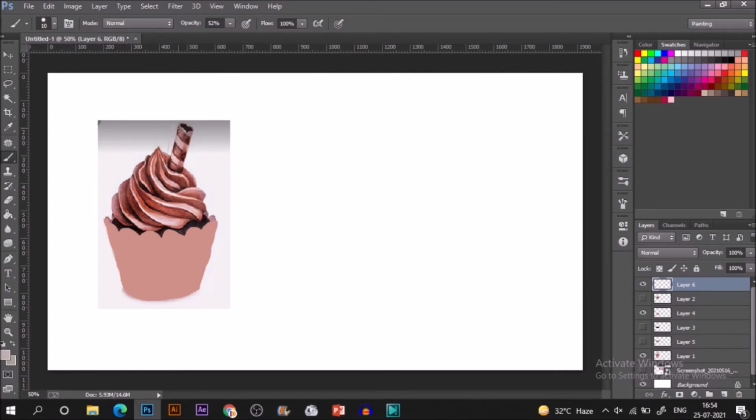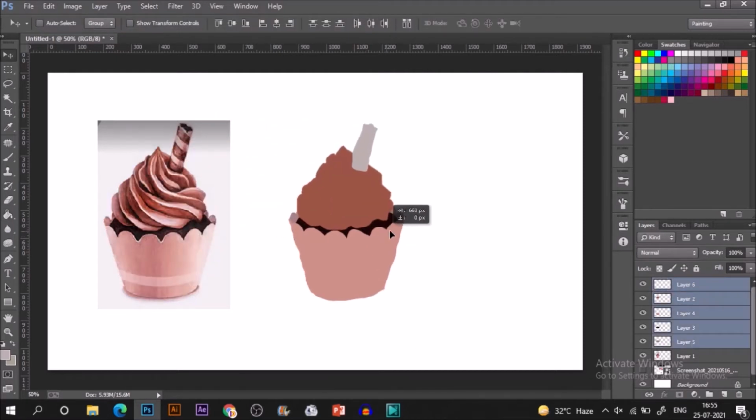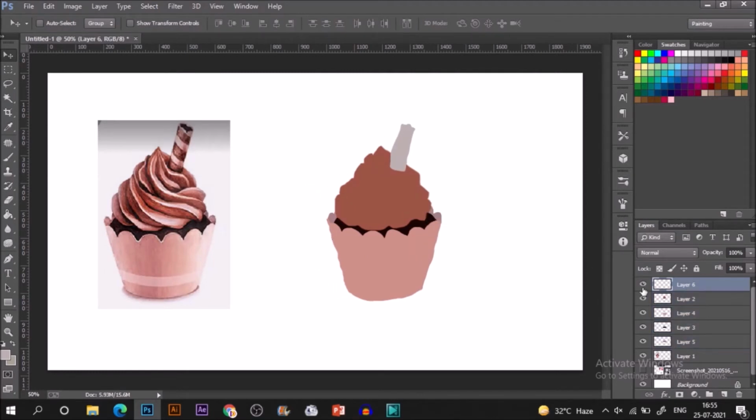Now we are pretty much done with the basic sketch or basic color, you could say. Now I need that one thing, that choco stick that is going inside. For that I'm making again a new layer and painting that structure in this particular layer. Oops, Control Z for that, and again just making this new layer with a new section of our subject, filling it up, and we are now done with the base